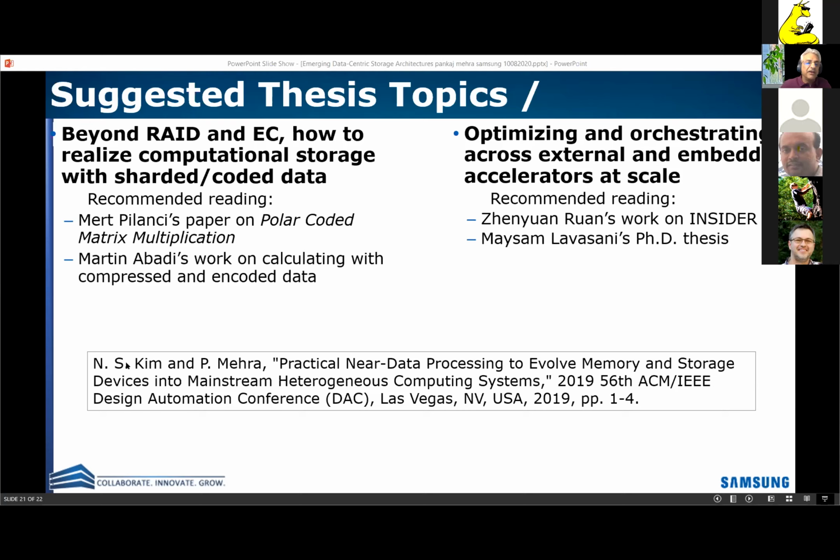I myself have worked with our SVP, Namsung Kim, who came from University of Illinois, where he was professor. And we put out an initial position paper at DAC in 2019 that talks about how, if you convert devices into little subsystems, you can use familiar distributed system concepts and abstractions to optimize for these devices.